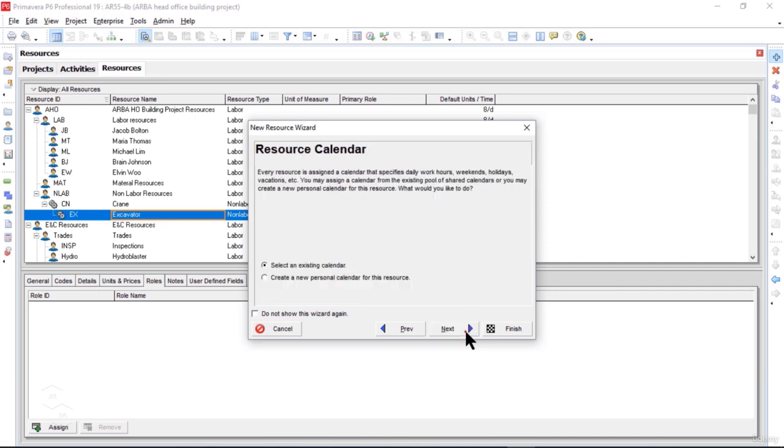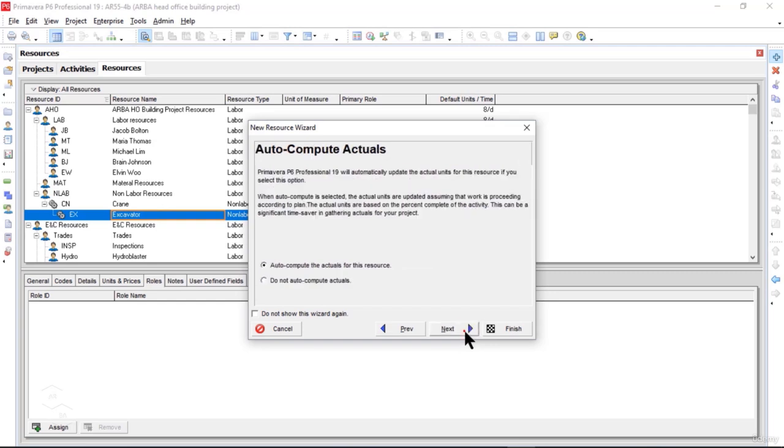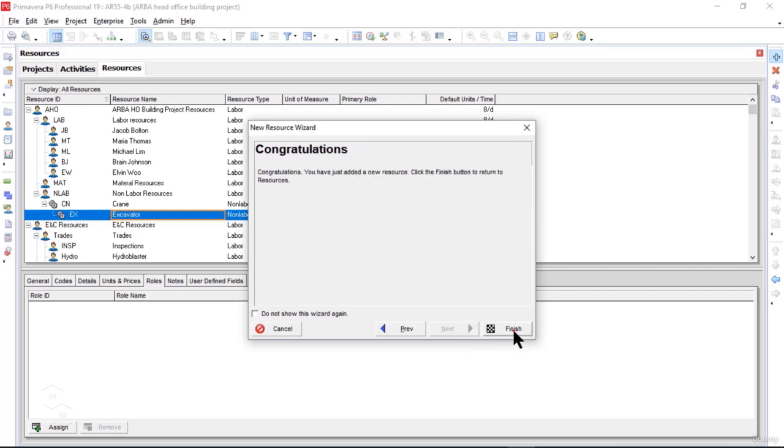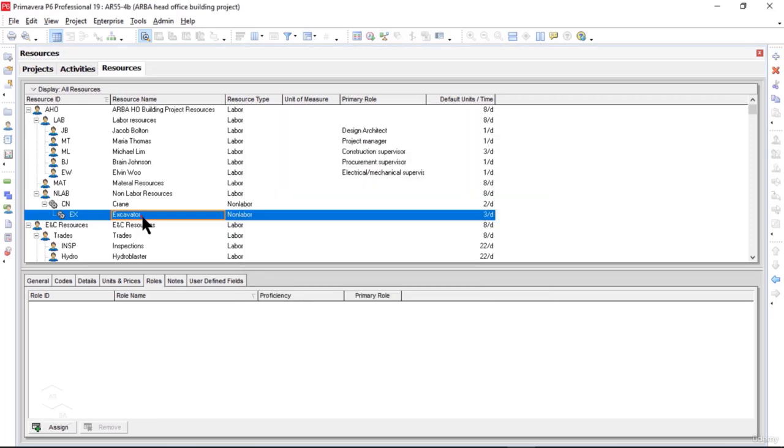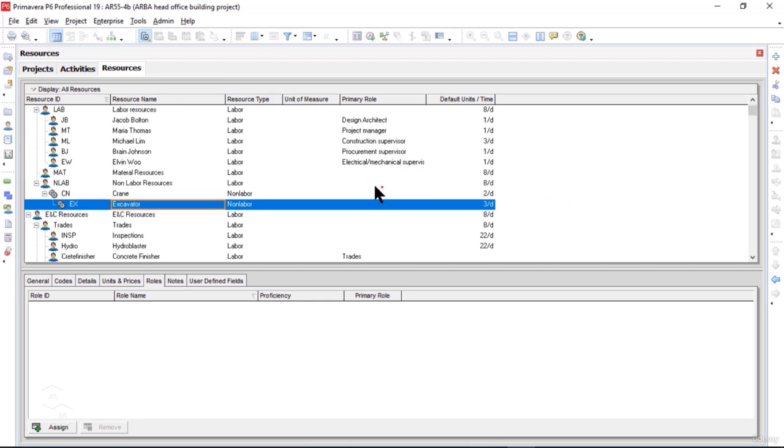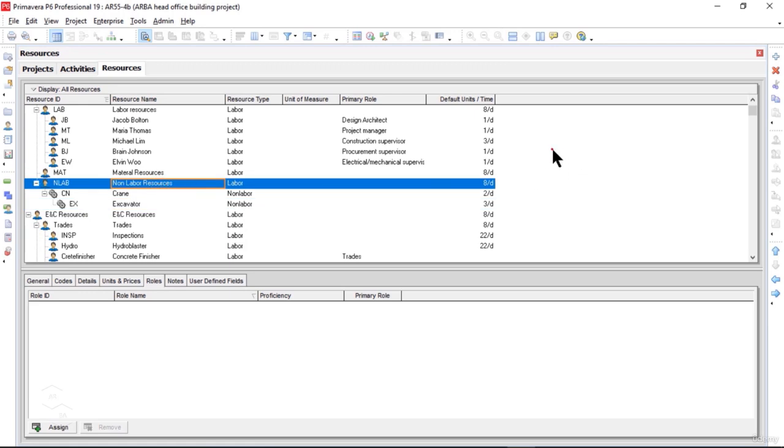No need to assign roles. Click next. Okay, select an existing calendar and click next. Okay, next again. Auto compute actual is selected there by default. I will click next and we'll click on finish, and we have added the second non-labor resource for our project already. Our third non-labor resource is forklifter, and let me add this resource by clicking on non-labor resources header and